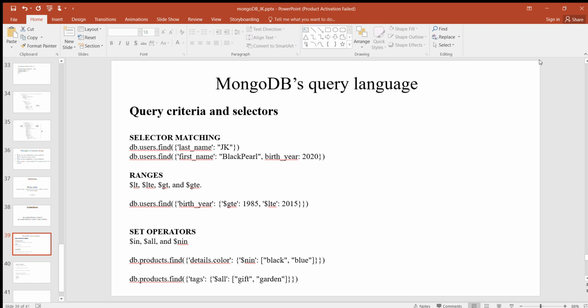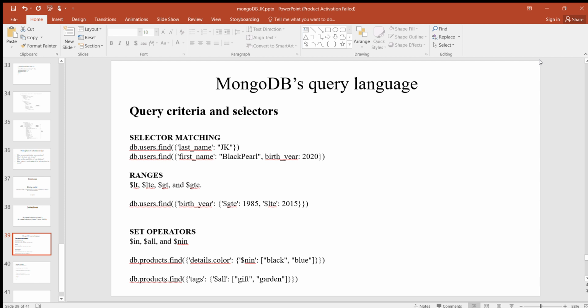Note that whenever you pass more than one key-value pair, both must match, and the query condition functions as a boolean AND. We want to find the users whose first name is Blackpearl and birth year is 2020, or we want to search ranges.